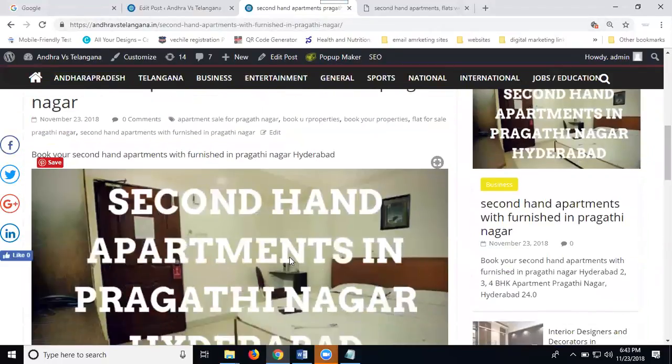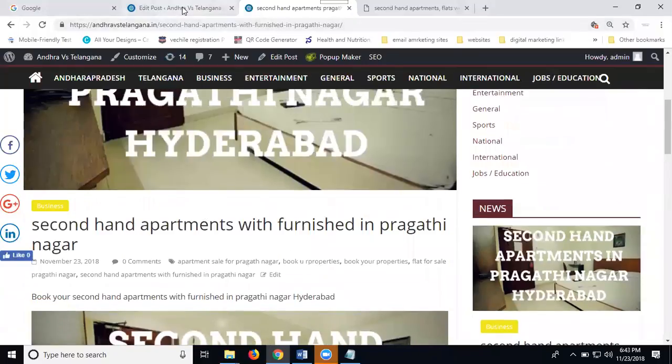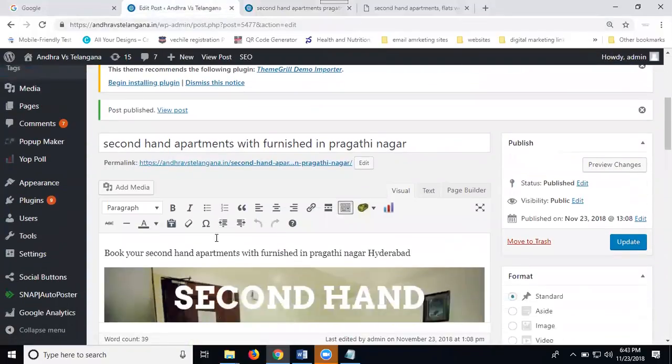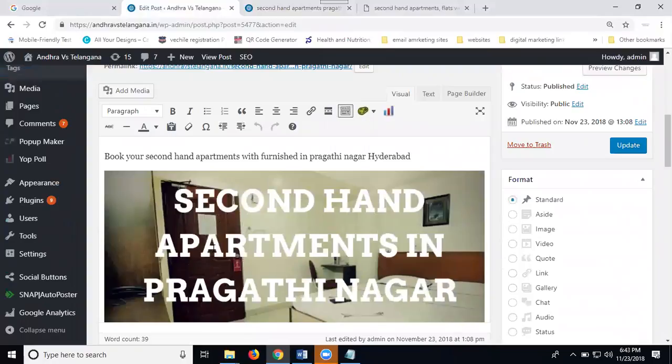See this. So this is how we write the SEO title and description on a particular WordPress site using an SEO plugin. Without the plugin, we can't write a proper page SEO title with the exact title and description. The title is the main one, and the description is the meta description.